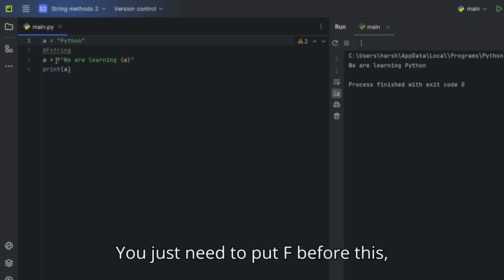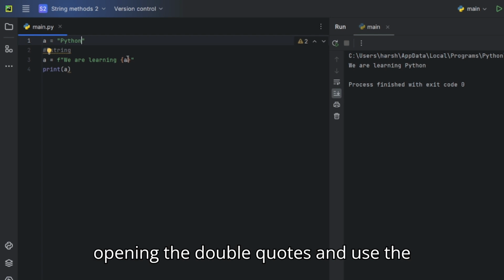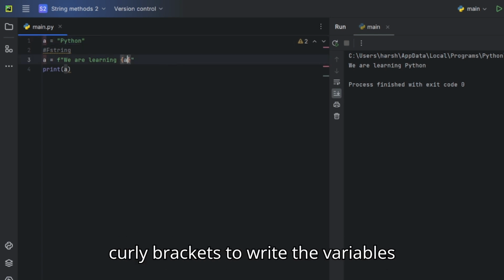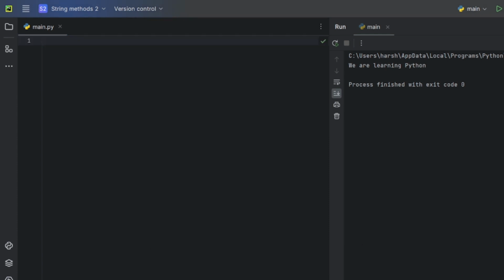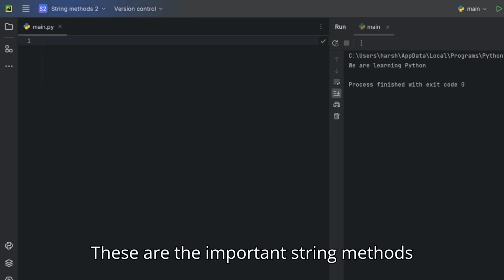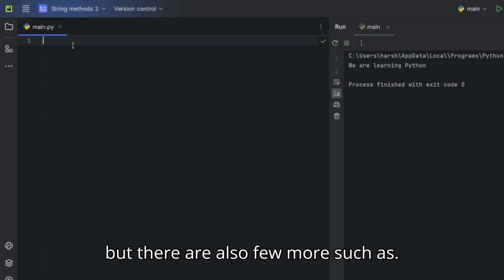You just need to put F before the opening double quotes and use the curly brackets to write the variables, whatever you want. This is the best method of concatenation. These are the important string methods, but there are also a few more, such as